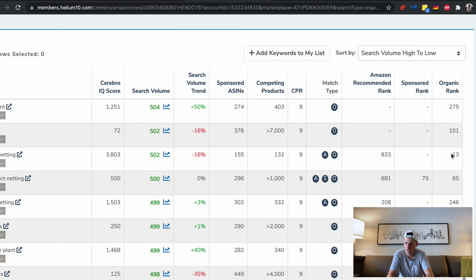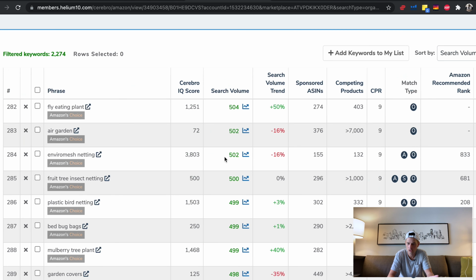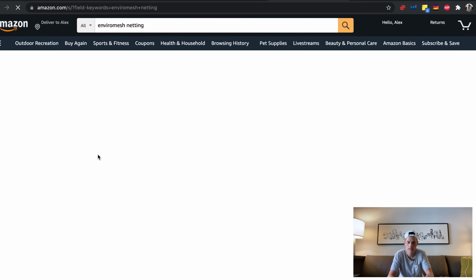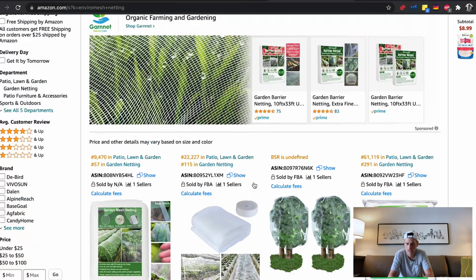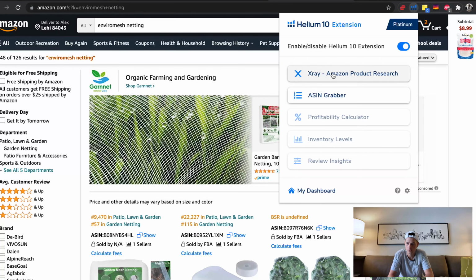Okay, so I found this one right here, just as I kept scrolling. They're ranked 13, so that's a little bit low, but I'll just use this as the example here. Search volume is 500 and the keyword is EnviroMesh netting. So that's a pretty decent keyword right there. I'm going to click that and that'll pull up this full page here of all the sellers that are selling under this keyword. And now here's a really good place to run the X-ray tool